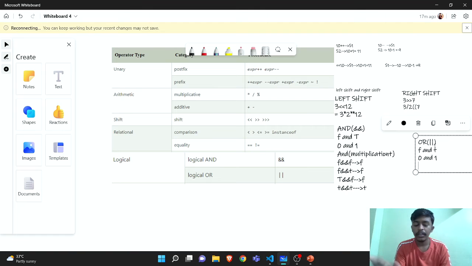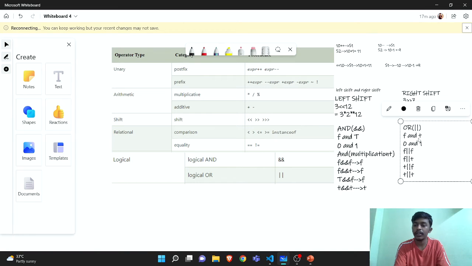But there are the same possibilities like false false, false true, true false, true true. So the conditions lie the same here, but where the difference comes is,